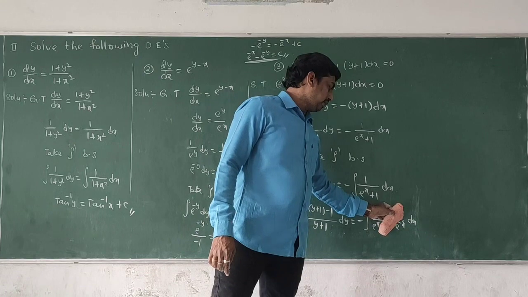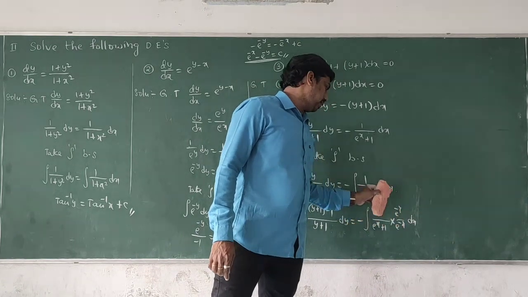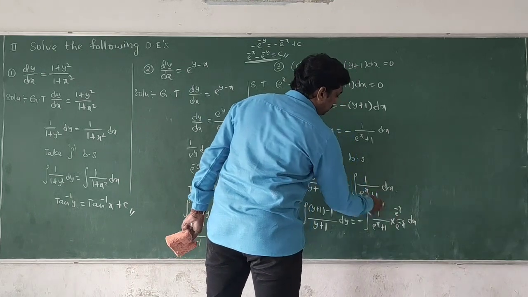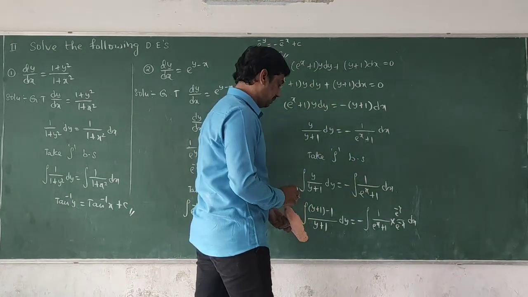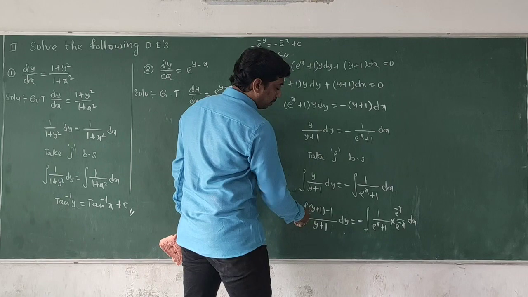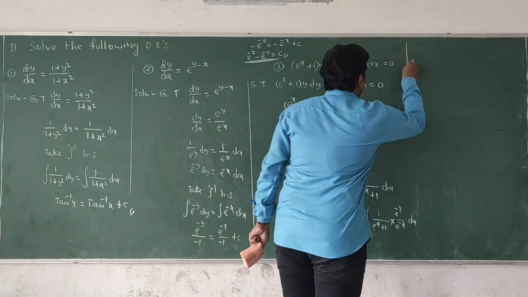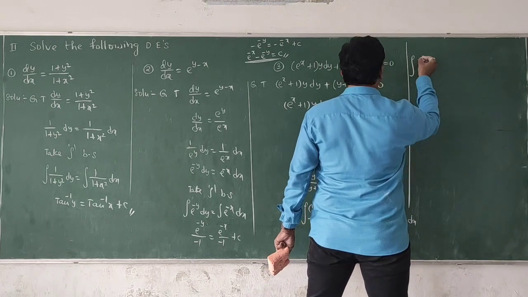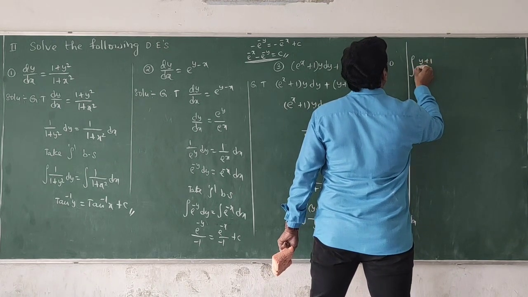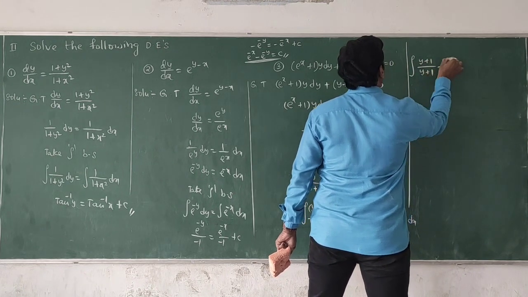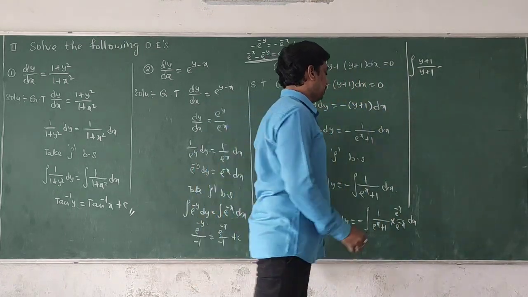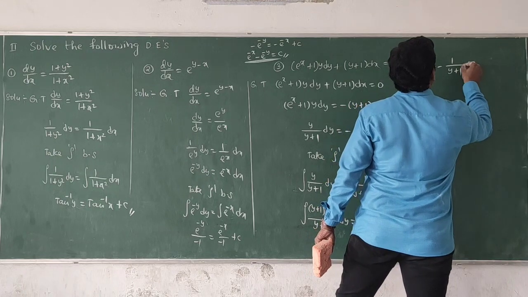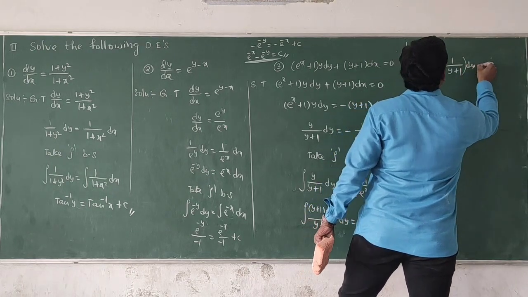Here we multiply and divide, that's why there is no extra term in this one. If we simplify this one, we get the previous term as it is. Now separate the denominator to each term of this one. Integration of y plus 1 by y plus 1 minus 1 by y plus 1, 1 by y plus 1 into dy equal to